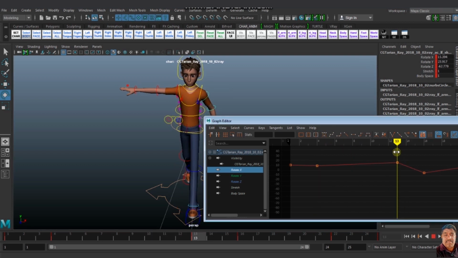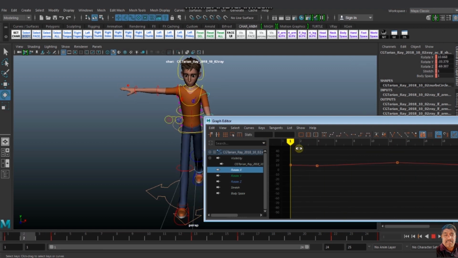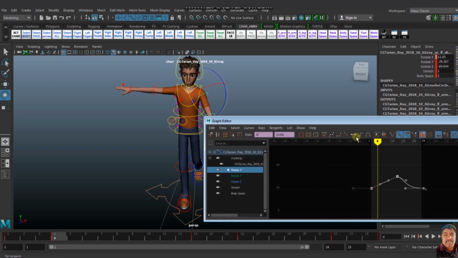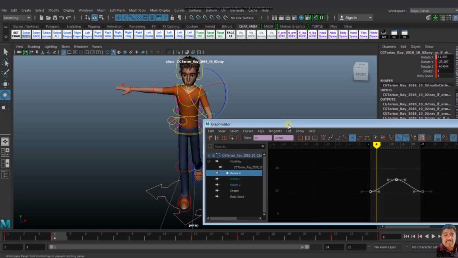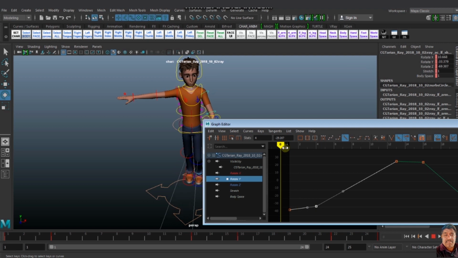I have to understand the graph first. It is very important to understand the graph. The red part belongs to X, the green part is Y, and the blue part is Z. So I have to delete or whatever, I have to put the points, keys. I have a clear idea about the graph.